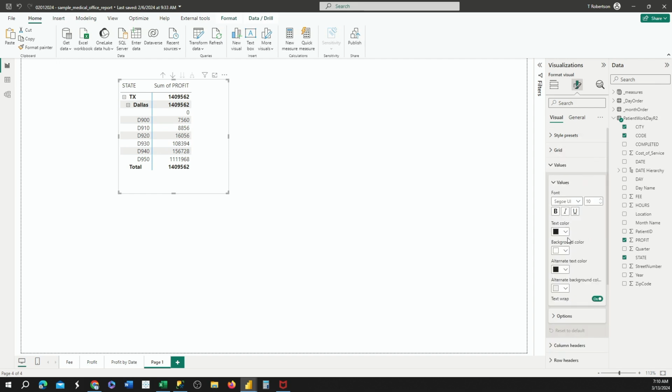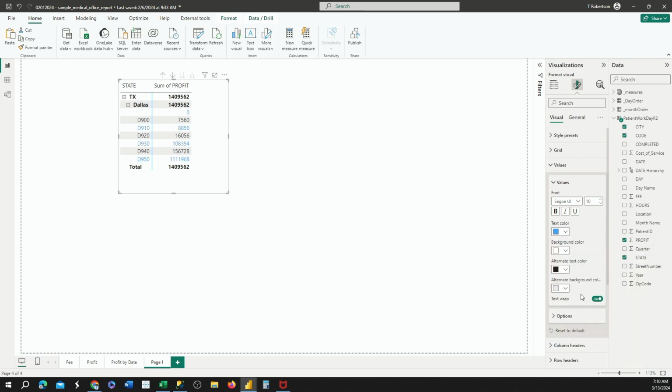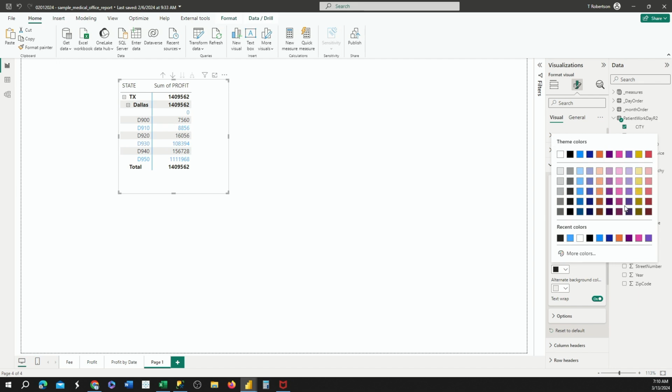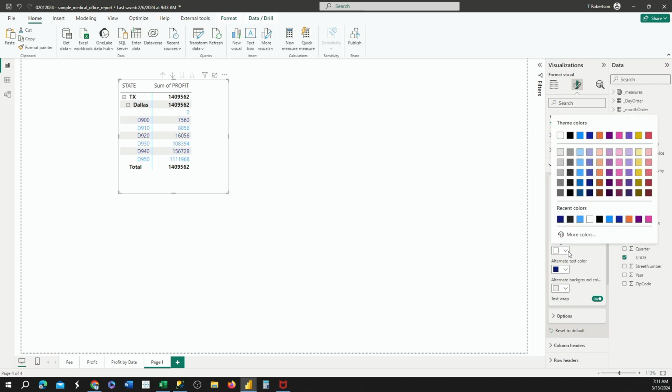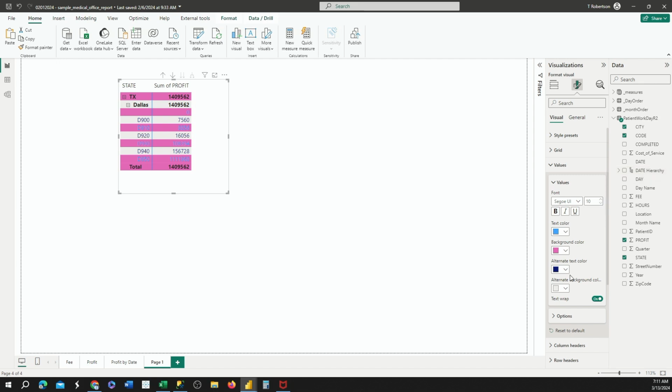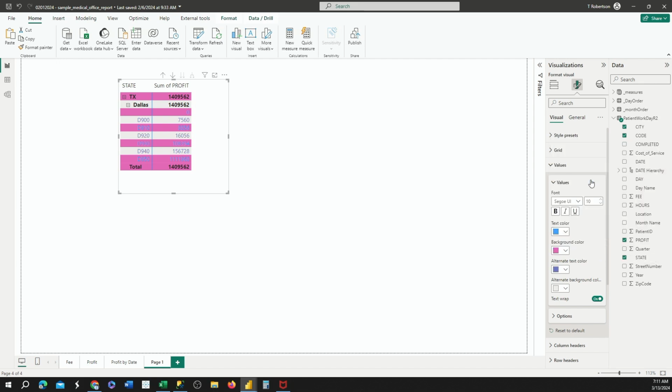If we go to values and we change the text color, we'll see that the text changes here. That's our alternating text because these rows are alternating. We can go to our alternating, that's the first text, then we can go to our alternating text color, and let's just call that alternating color, whatever color this is here. And then we want to say that our background color is going to be this color, and our alternating background color is going to be